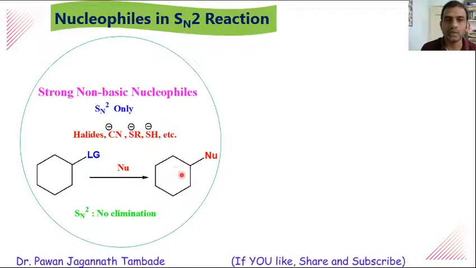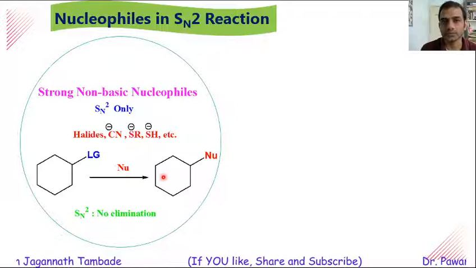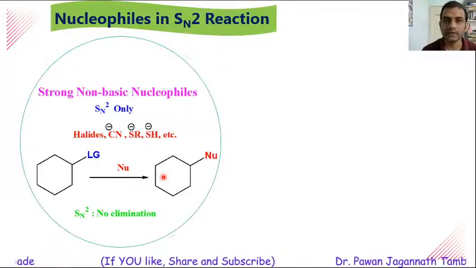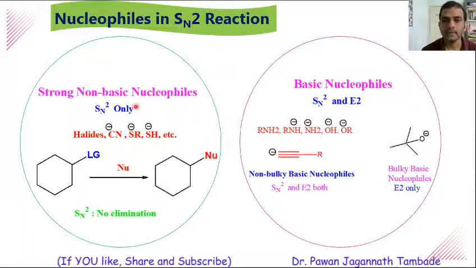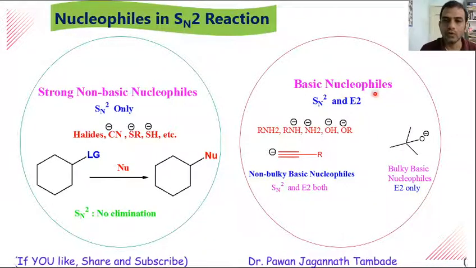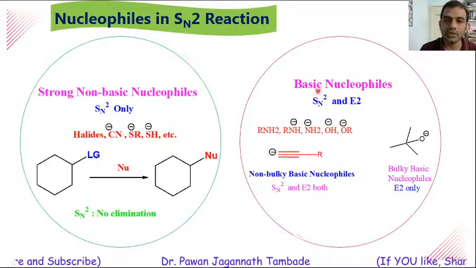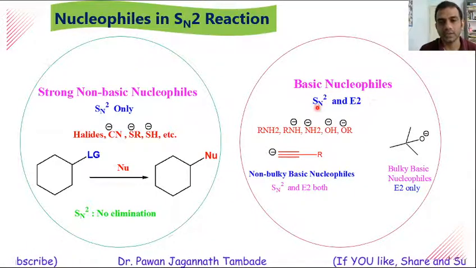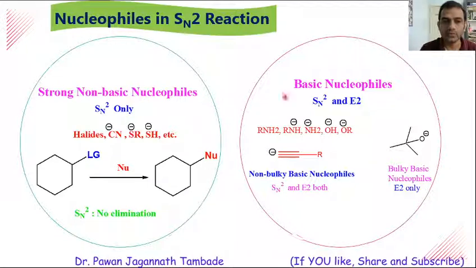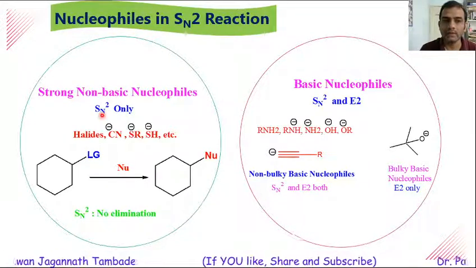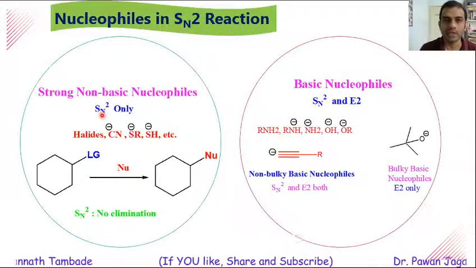It shows only SN2 reaction. Now look at this example and you will find the difference. If we have basic nucleophiles, then basic nucleophiles undergo SN2 as well as E2 reaction. Note down this difference. If we have a strong non-basic nucleophile, then it undergoes only SN2 reaction and there is